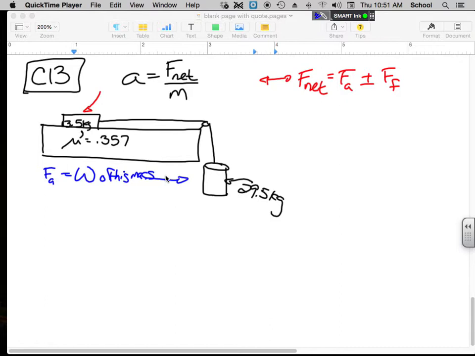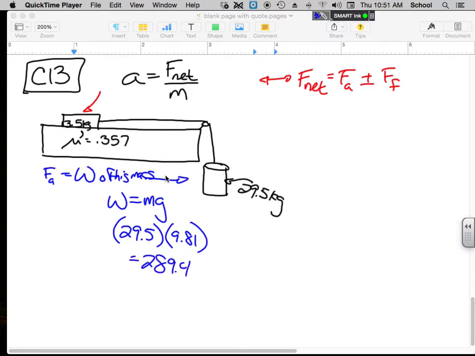So of course weight is really easy to calculate. W equals mg. So 29.5 times 9.81, and I get, I can type this, we worked on it. Yes, thank you. So we get 289.4 newtons. So I'm going to stick that in here for FA. And now I've got to find my